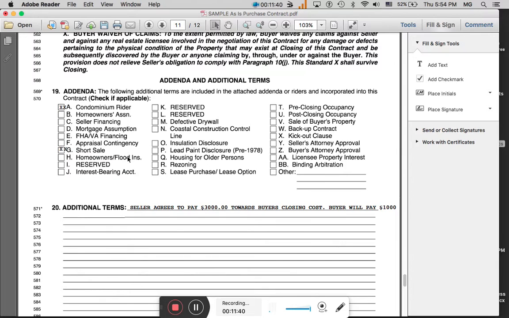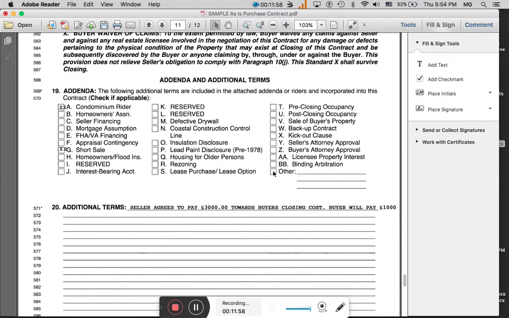So page 11 covers any additional terms or riders. Okay, that means, let's say there's a condo rider that needs to be filled out, a short sale rider that needs to be filled out, an FHA addendum that needs to be filled out. If, let's say this is a lease option, you're going to click on Other here and type in lease option. Okay,